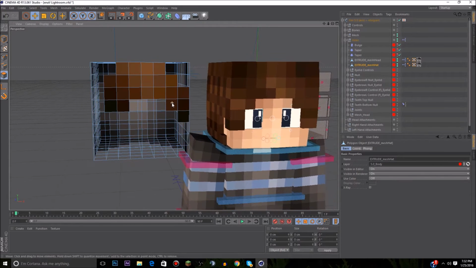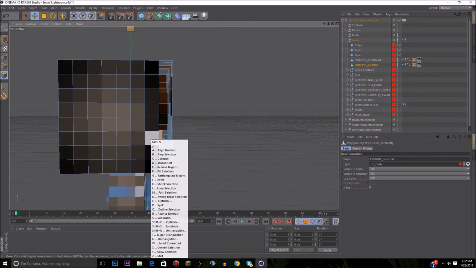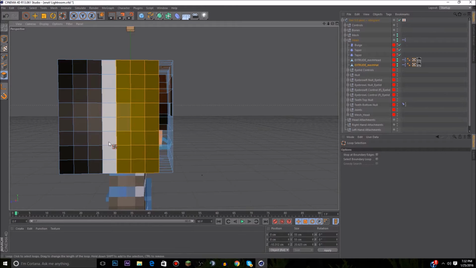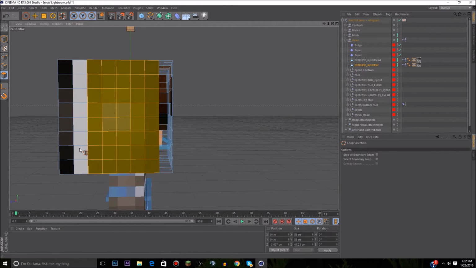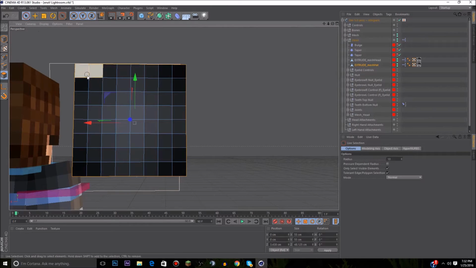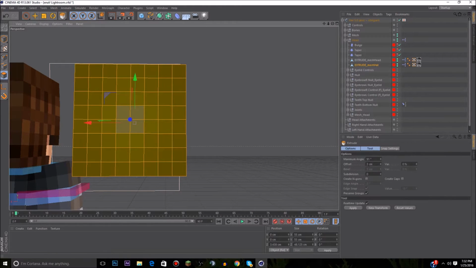Then you want to go back into your polygonal selection mode, and then hit U and then L. Scroll to the side with your camera angles. U and then L. Click. Hold shift after you've made your first selection. Click, click, click, click, click. And then look around. Make sure you've selected that back layer of the head of the hat. And then select all that. Once you've selected all of it,